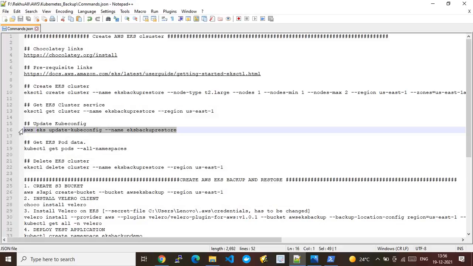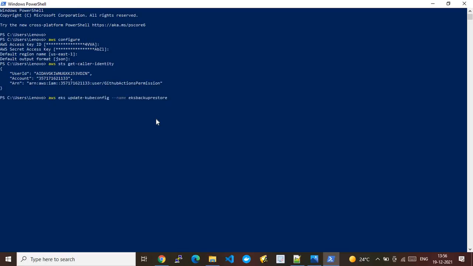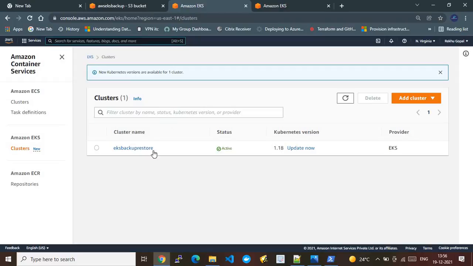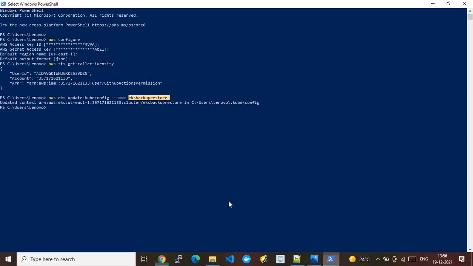Since the EKS clusters are already created, we need to update the kubeconfig file. Then only can we run the kubectl utility. So here you see, I'm updating the kubeconfig targeting this primary EKS cluster. This is my AWS account, and this is my primary EKS cluster. So we also updated the kubeconfig. Let me run kubectl get nodes. I have a single-node cluster. So this kubeconfig got updated, and kubectl is now working fine. We are done with it.